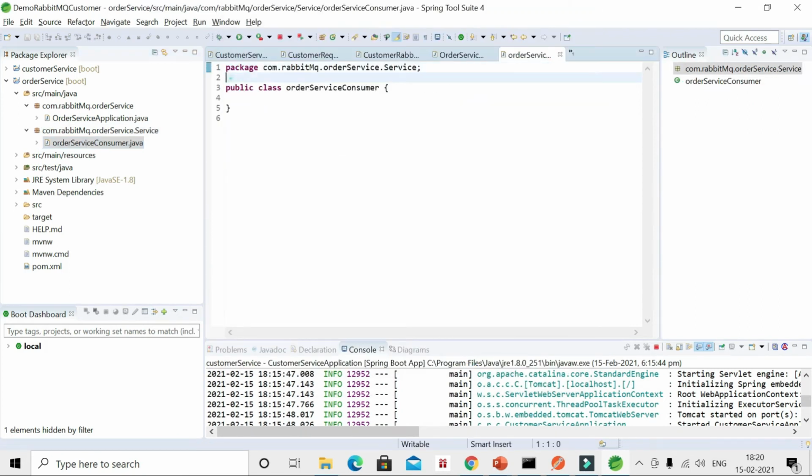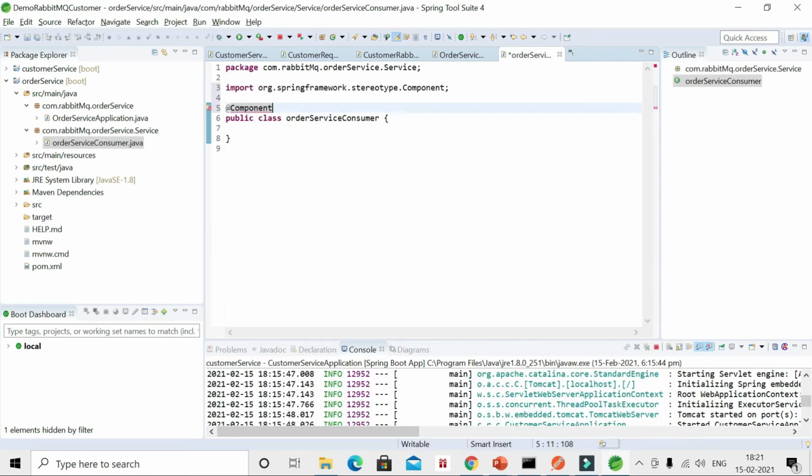Let me annotate it with @Component. Now we'll create one method which consumes the message: public void consume customer order service queue.